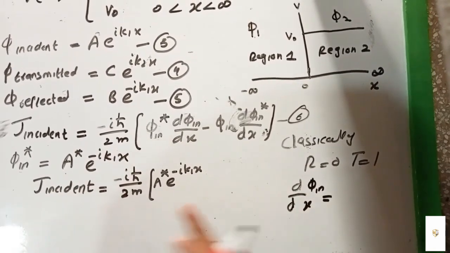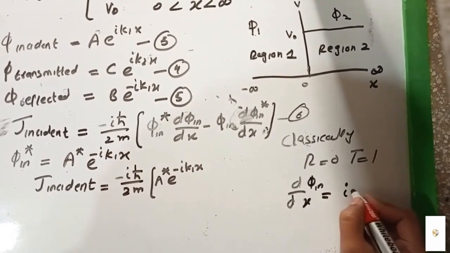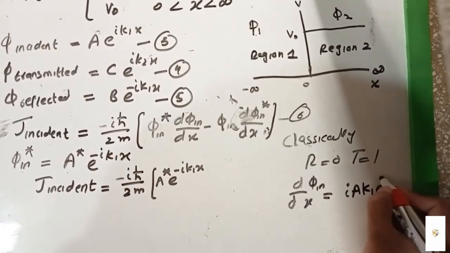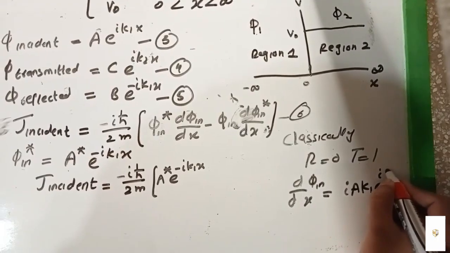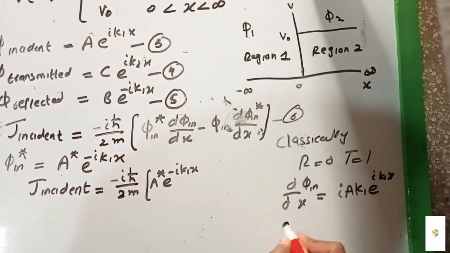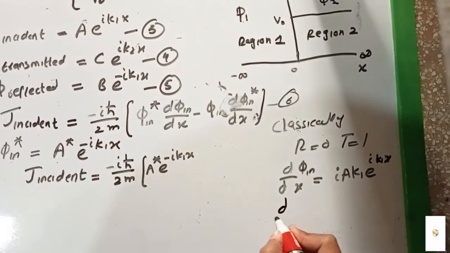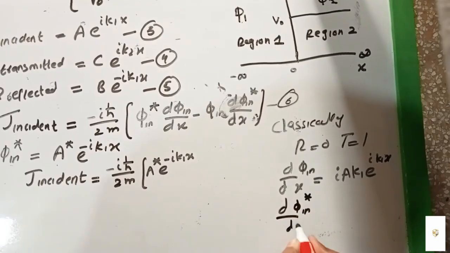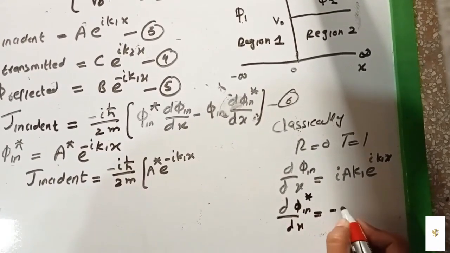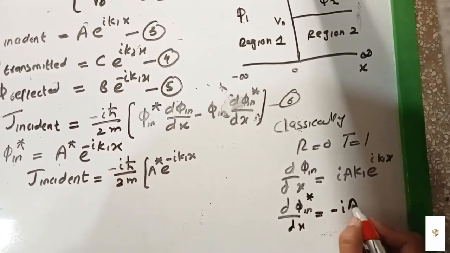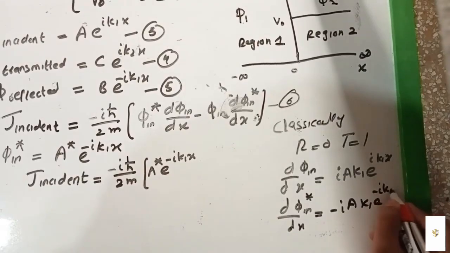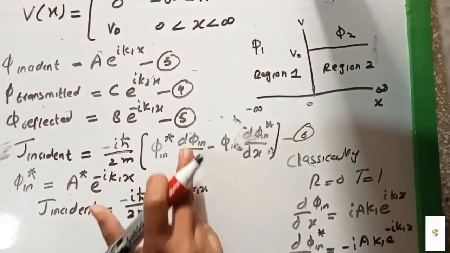This is equal to iota a k1 exponent iota k1 x, and d phi incident star over dx is equal to minus iota a k1 exponent minus iota k1 x, and this term